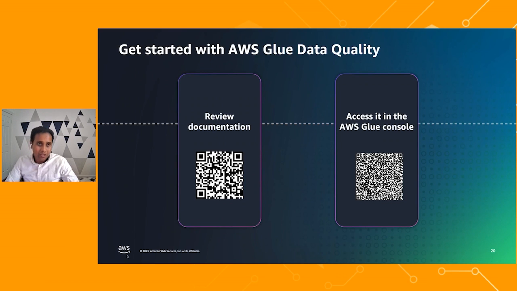Hope you enjoyed the session. You should definitely get started. It's pretty straightforward and easy. Go to your Glue Data Catalog, simply open a data set, click on create rules, and schedule your first rule. Or if you need to do this in your other environments, you may be able to do it in your ETL pipelines. So we are open for questions.